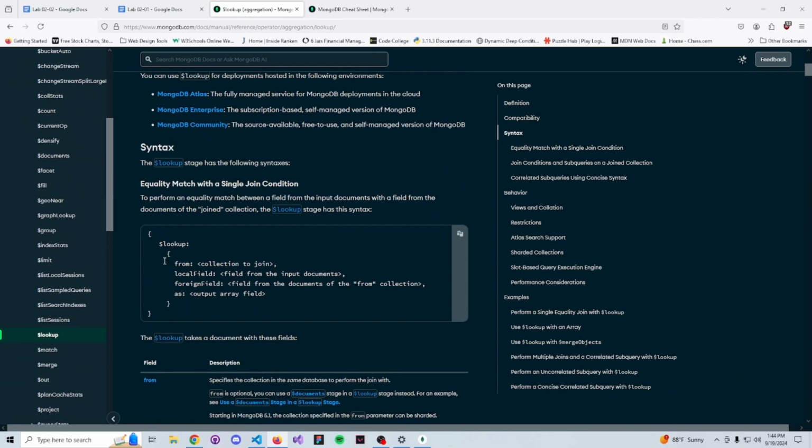Okay, here's the syntax, and this is basically what it does. It matches a field from the input documents with a field from the documents of the joined collection, which is the other collection you're trying to get information from, to sync the two together and have them in one document or one collection. So "from" is the collection to join, the collection you want to bring into the one you're currently in. Then the field from the input documents,